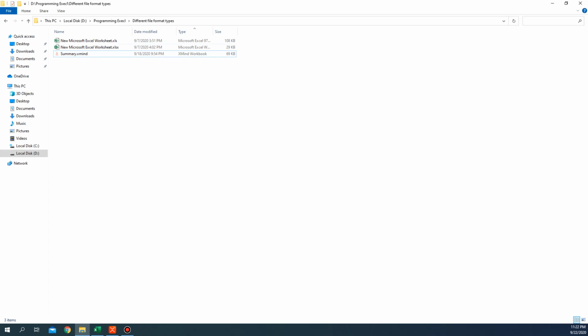Please note here, I used the same data in these two workbooks. The file size of XLS is much larger than the XLSX. Moreover,